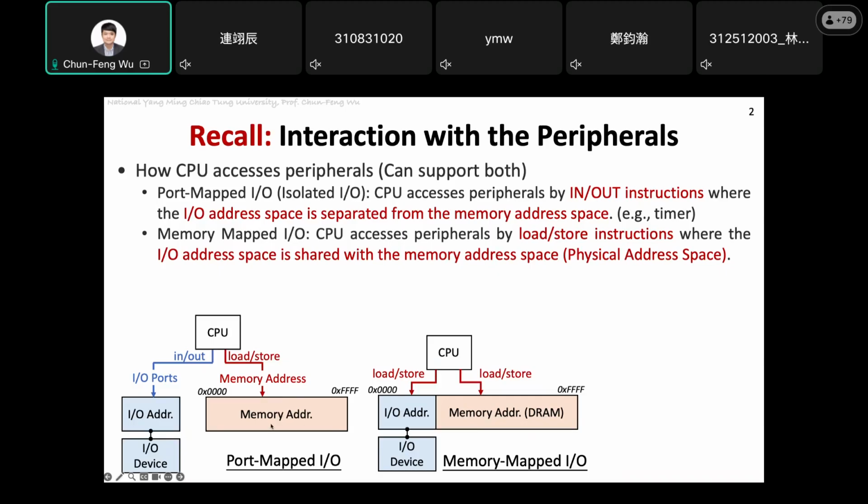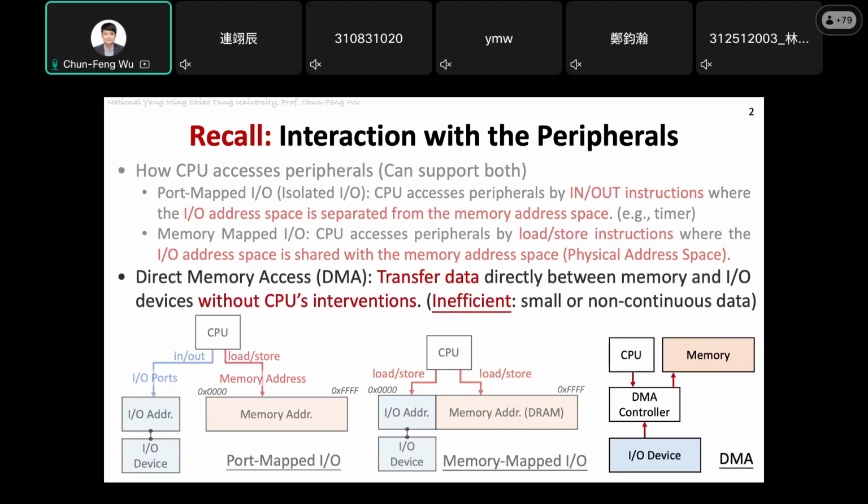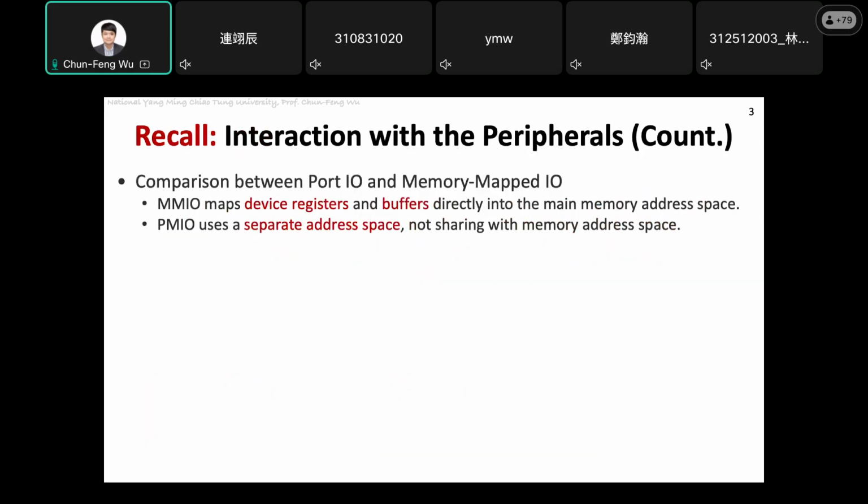Several decades ago, people were using these port mapped I/O solutions to solve these issues. But in the recent 10 to 20 years, we have been moving from 32-bit systems to 64-bit systems, and we have 64 bits of address space for memory. So actually, we have a lot of luxury to use the I/O address. Okay, I'll come back to DMA later because I have some new slides for port mapped I/O and memory